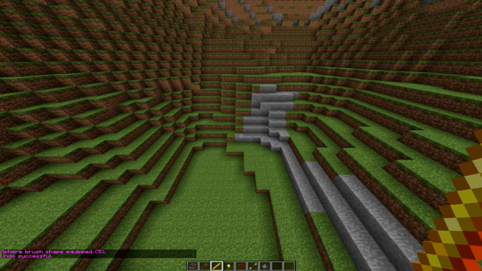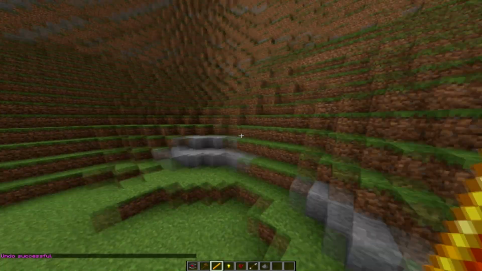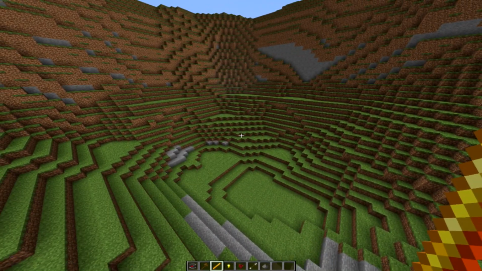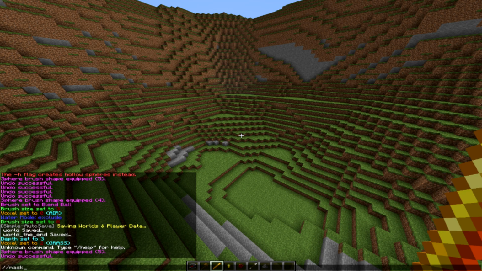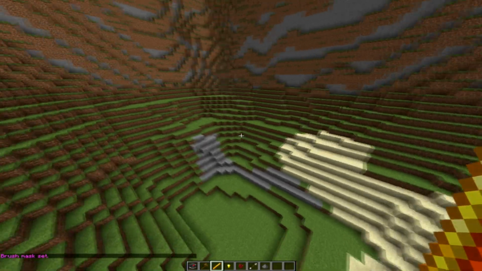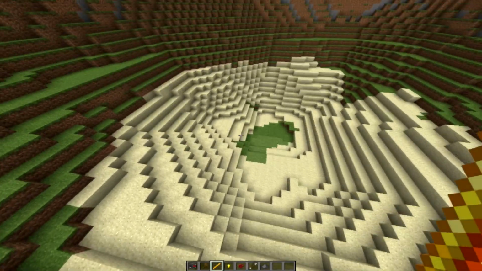But we don't want it to just put balls of sand, we want it to replace this stone and the grass and the dirt with sand. So to do that, we hold whatever brush we assigned that to and do //mask, and then the blocks that you want it to replace. So we're going to do 1, which is stone, 2, which is grass, and 3, which is dirt. So now we should see that it replaces all those blocks. So we're just going to put sand all over into here,